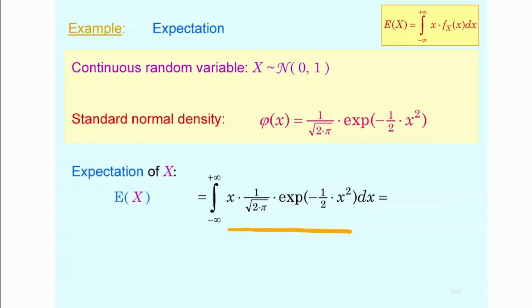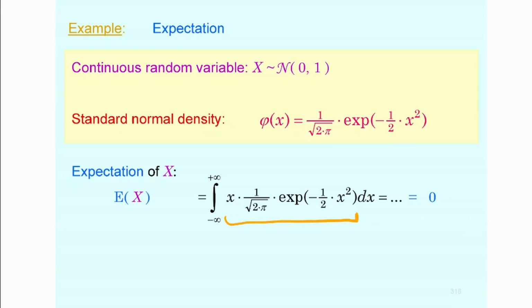I mean, it can have a closed form solution, which is actually equal to 0. You find that one by integration by parts, which I'm not going to do here. This function has a closed form primitive function, by the way, which the density does not. So in this case, you would not need to solve this numerically. Anyway, if you do integration by parts, you'll find that this integral is going to be 0 after all, and that's going to be the mean of the standard normal distribution. What a surprise. The mean of the standard normal distribution, as you might know, is already 0, but this is just confirming it.